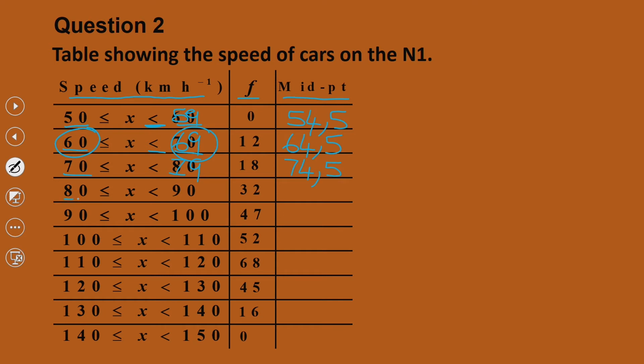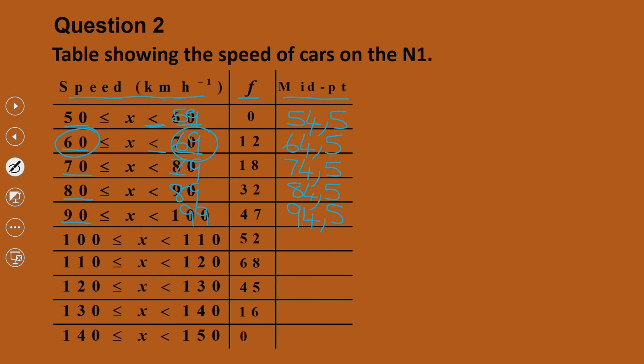Then we say 80 plus 89, right, divide by 2, that will give us 84,5. Then we say 90 plus 99, yes, lovely. We divide it by 2, that will give us